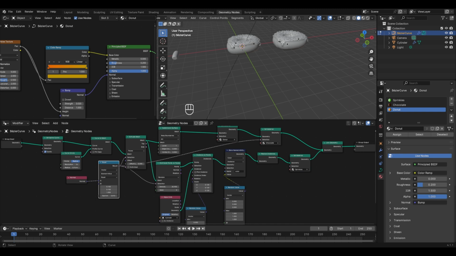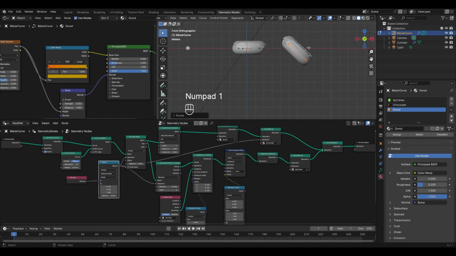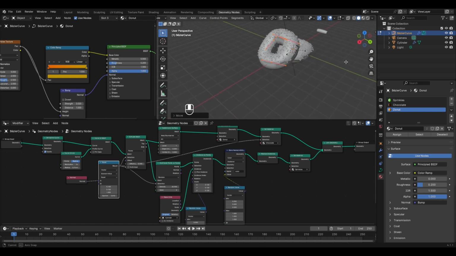Now to finalize the scene, we'll be placing one donut in such a position that it looks inclined towards the first one. And to do this, we have to select the points of one of the donuts and let's rotate it in the Y axis. So press R and Y and rotate it like this, and to place it perfectly, let's go to the front view, press G to move it and place it over here. And now we have both the donuts perfectly placed in our scene.